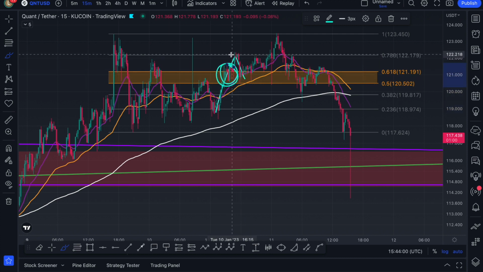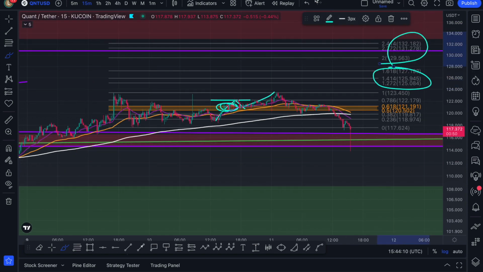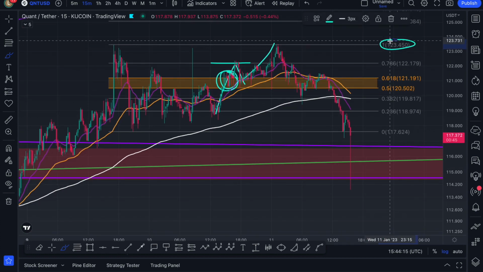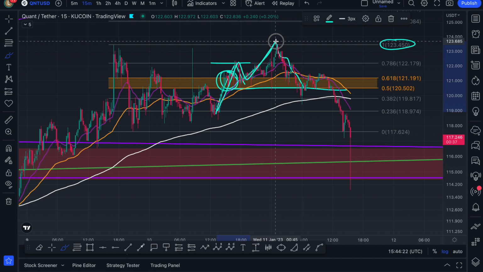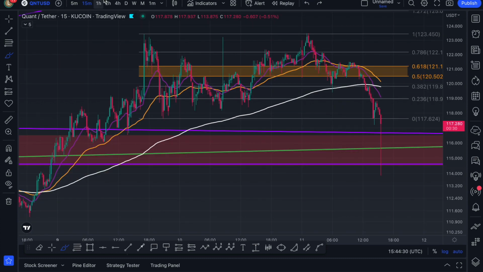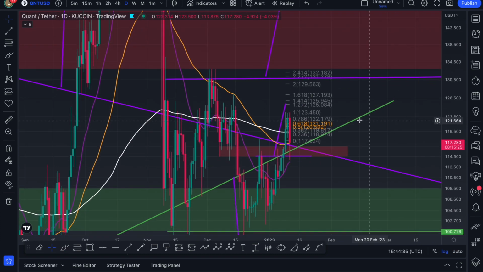I was saying we're waiting for it to break above the 786 for a pump towards the 1 fib level. Once it clears the 1 fib level, it's onwards and upwards to these targets and to the range high up here, 130 as well, 125 at first. But of course, did we close above the 1 fib level? No. So that brought us back down to here. If we lose the golden pocket, again, we created the reversal wave, which is something we shouldn't have, and then we invalidated that over here. So that is our reasoning for why we didn't come up and meet the double bottom breakout target